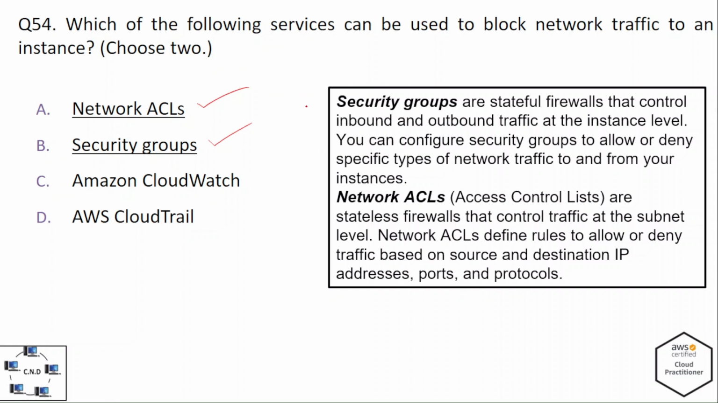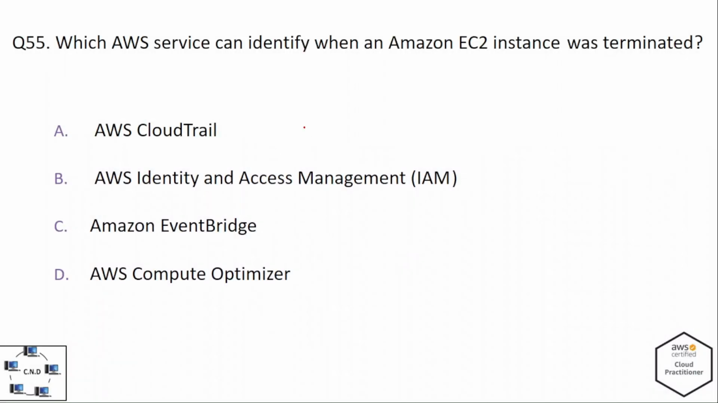Let's move forward to the next question. That is question number 55. And the question is: which AWS service can identify when an Amazon EC2 instance was terminated? And the options are A. AWS CloudTrail, B. AWS Identity and Access Management, C. Amazon EventBridge, and D. AWS Compute Optimizer. And the correct option is,